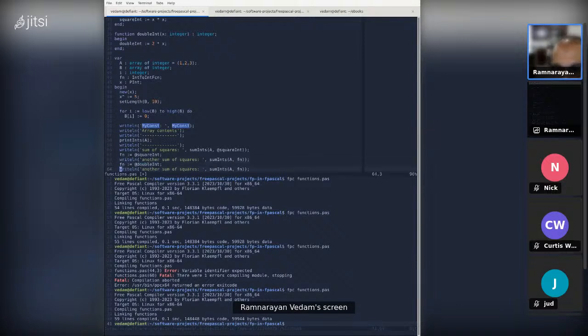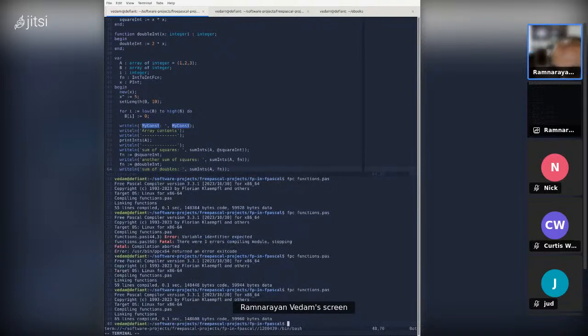And here I can see that the code will still compile and execute as we expect.